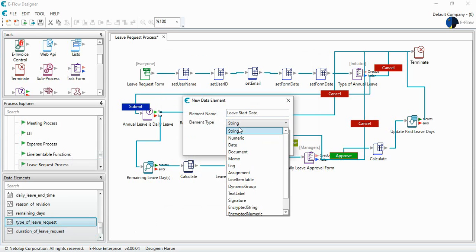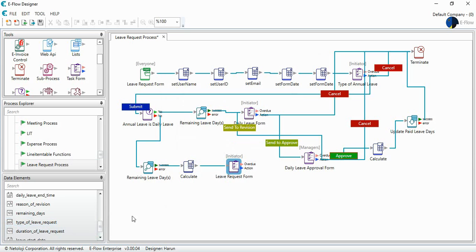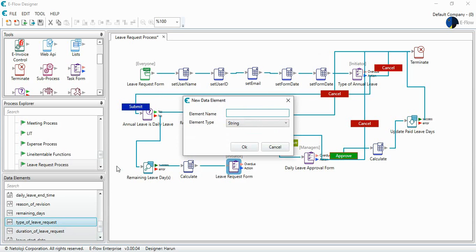It will be date format, and the other can be leave end date, again date format,